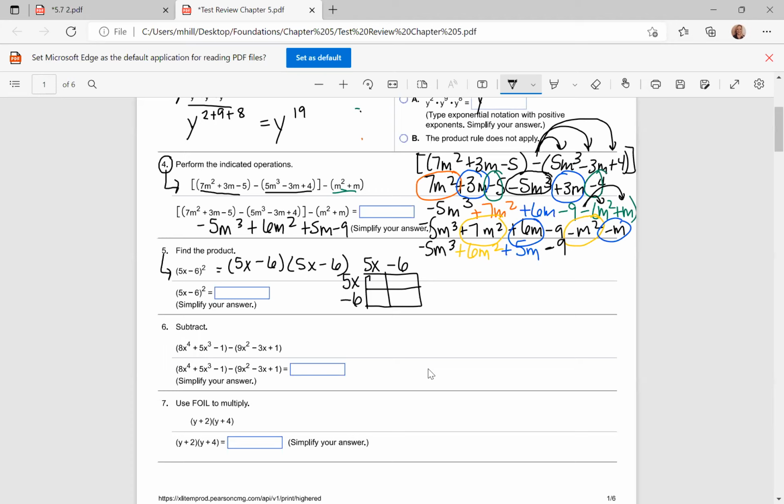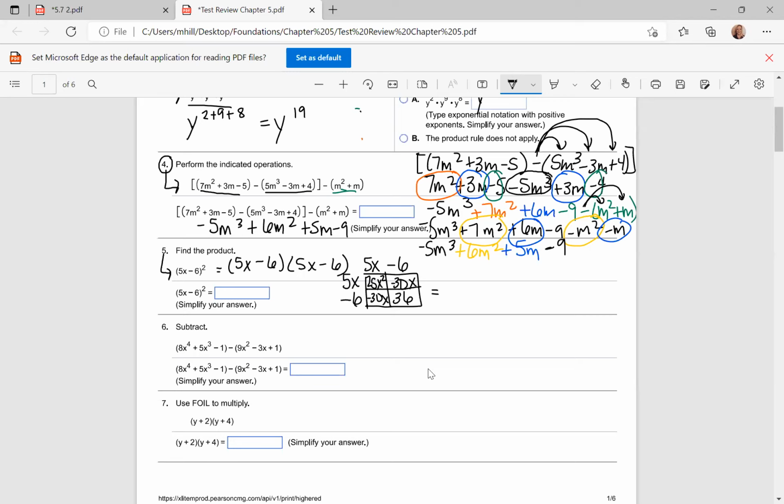But 5 times 5 is 25. X times x would be x squared. Then you would do 5x times negative 6. Well, 5 times negative 6 is negative 30x. And then this bottom would be 5x times negative 6, so negative 30x. Negative 6 times negative 6 is positive 36. Okay, so we're just taking each thing and multiplying. And then we're going to write out our answer